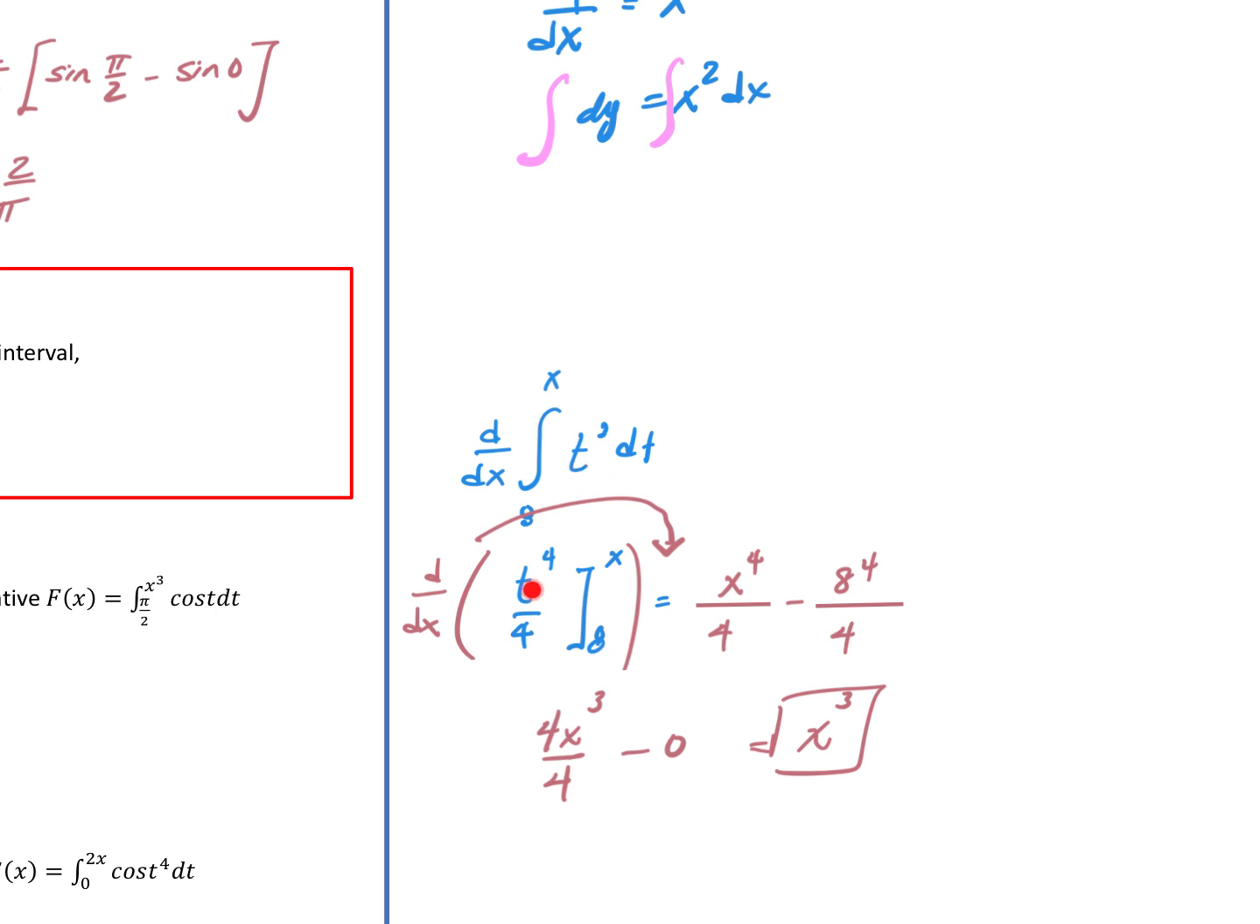So you're going to integrate. So up by 1 divided by the new power from 8 to x. So I plug in. So you get x to the 4th over 4 minus 8 to the 4 over 4. So it asks us to take the derivative of that integral. So this is the integral part of it. Now I'm going to derive it. So when I derive this,